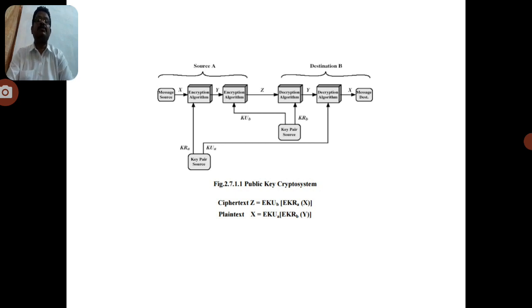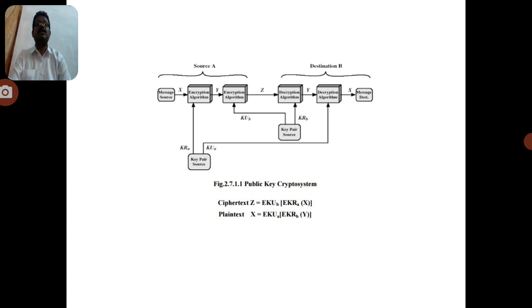Before we discuss the public key cryptography concept, a few important things are related to it. The public key cryptography is also called the asymmetric key cryptography, or the two key cryptography. We already observed the dimensions of cryptography. The second dimension is the number of keys used: two keys are used in public key cryptography, and a single key is used in conventional cryptography.